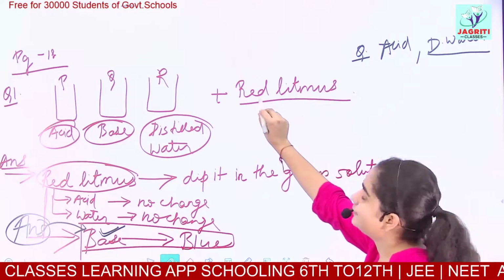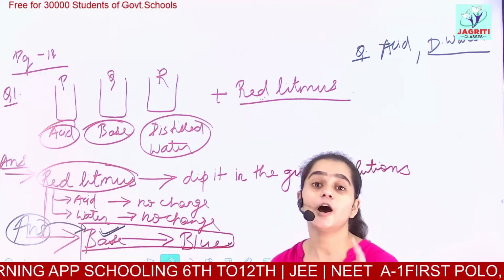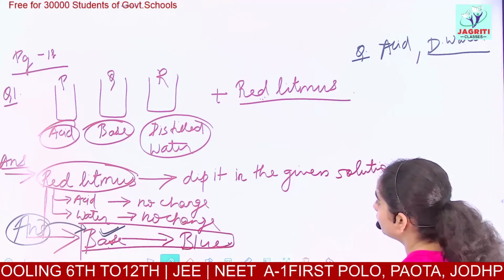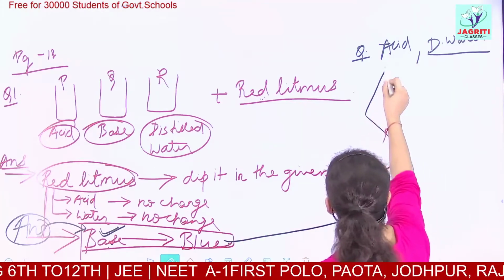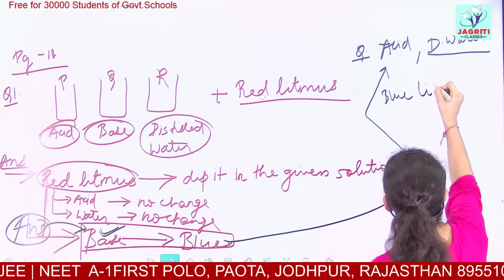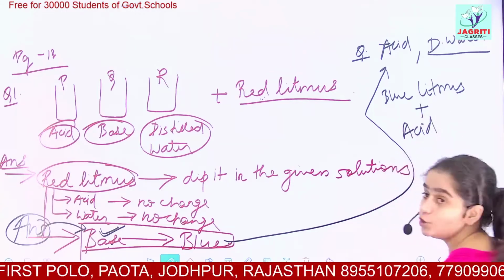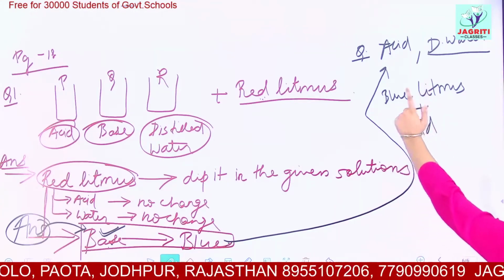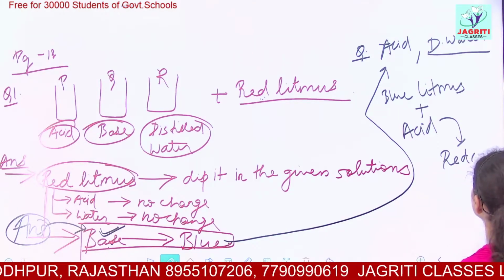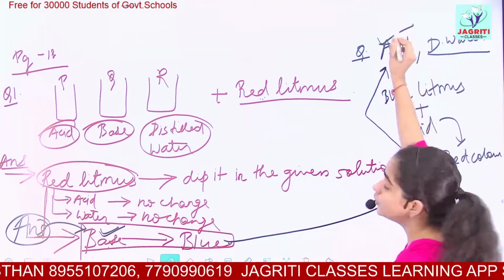As you had red litmus paper, and on dipping into the base it changed to blue, now you have a blue colored litmus paper. So now take this blue litmus paper and dip it into your acid. On reaction of blue litmus with the acid, you get a red color change. You will observe a red color, so it is clear that this is your acid solution.